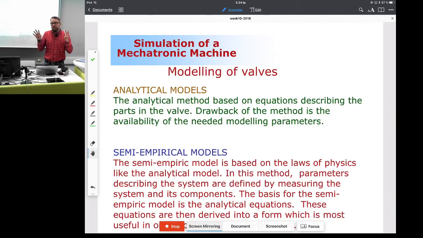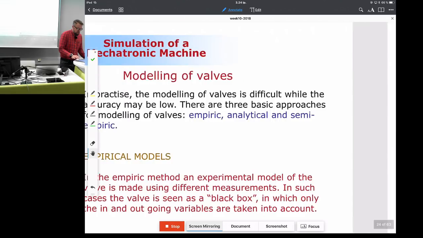And based on that, we can create the simulation model of the hydraulic components. We're not going to go with that either. And why not? Because getting these parameters that are needed in analytical models will be painful, very, very painful. Just to give you an idea why it is painful, we can go back to this